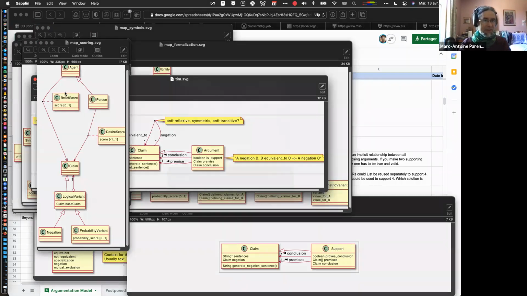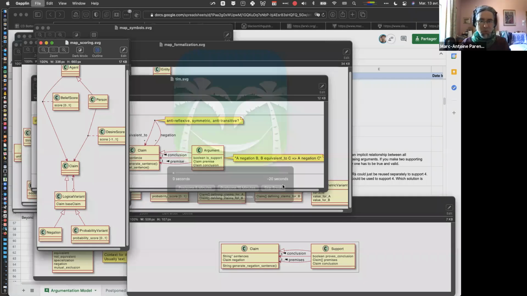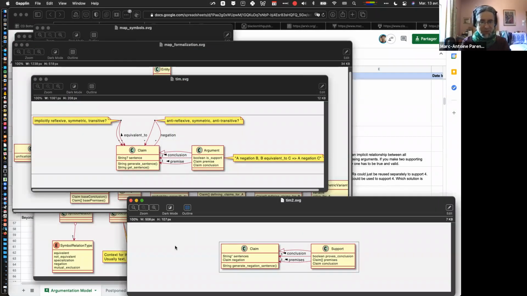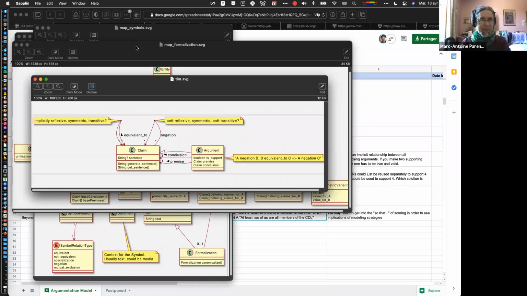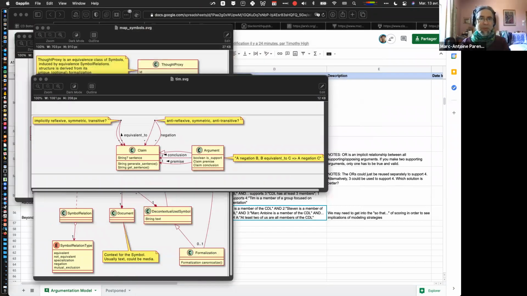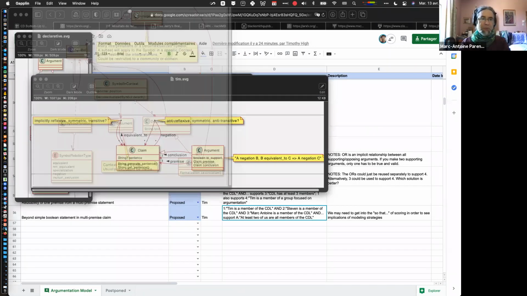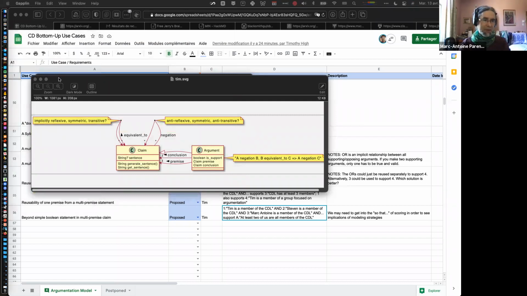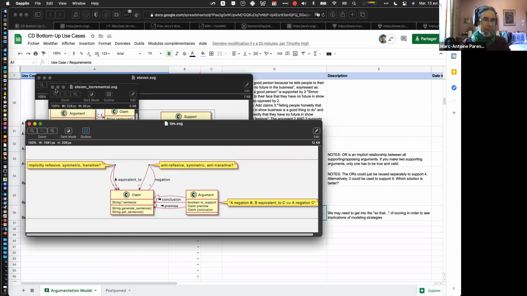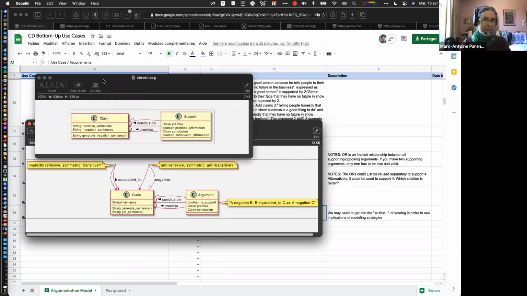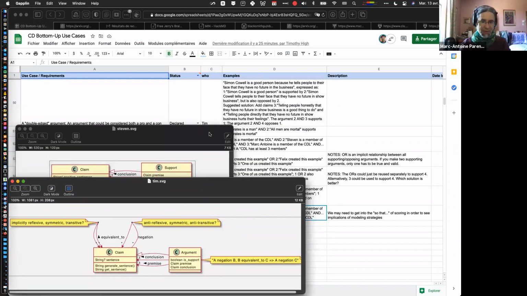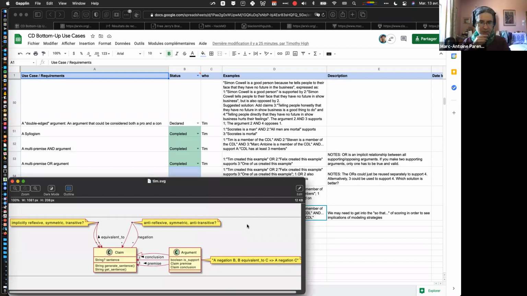Like this is map scoring, go; map declarative, go. I think this is the most recent one, so this goes. Okay, good. These two can wait, but I'll just move them out of view for now. This is not relevant anymore. I'll keep that one in the background, but really what we're looking at is this. Right, yeah.